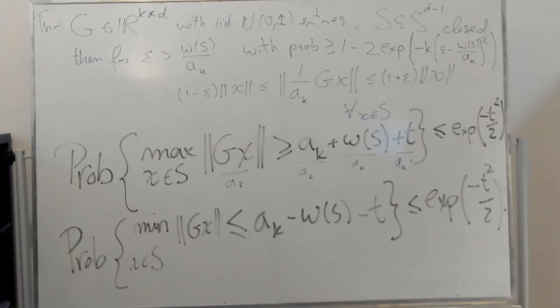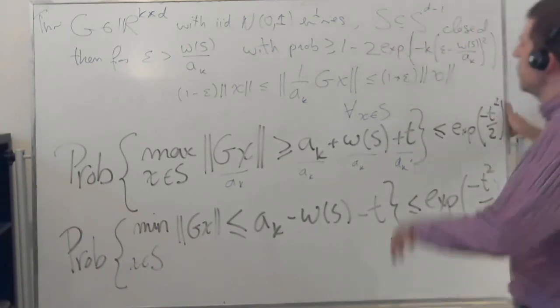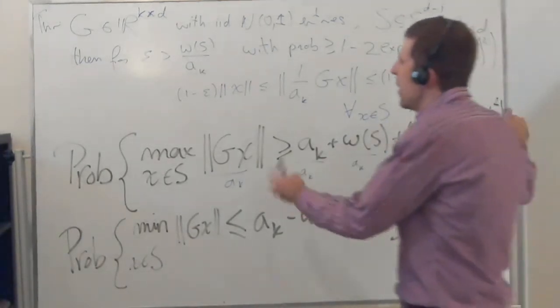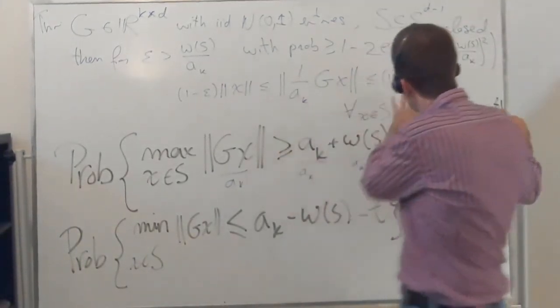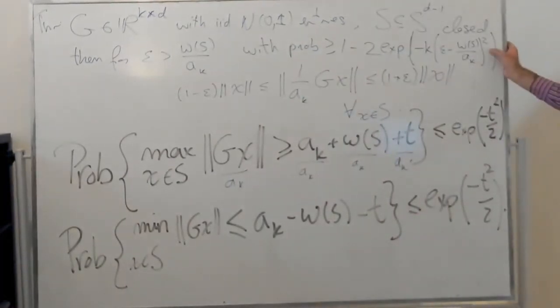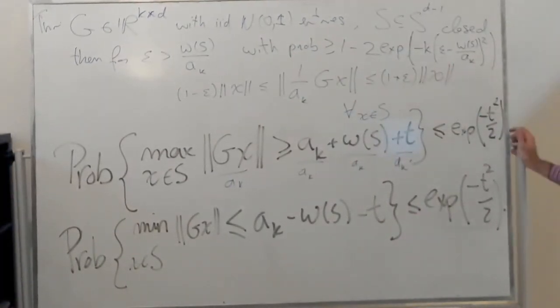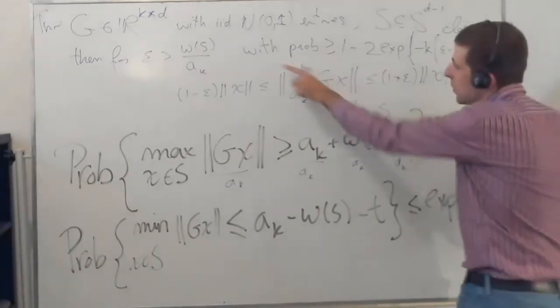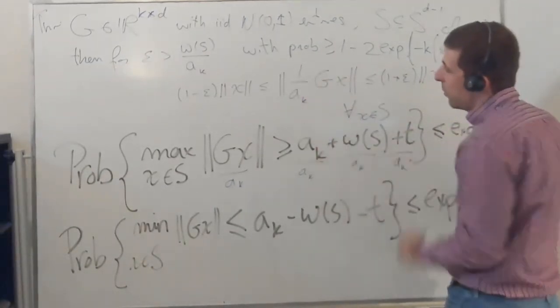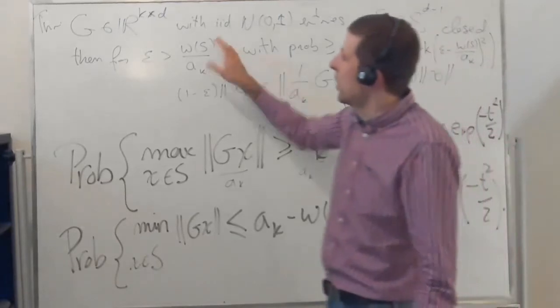So if you take a Gaussian matrix with IID entries that goes from d dimensions to a lot less, to only k dimensions, then for a subset S that's closed (a technical requirement), basically you will keep, with very, very high probability, where the probability of failure is exponentially small, the norms of the vectors up to epsilon, where epsilon is roughly the Gaussian width